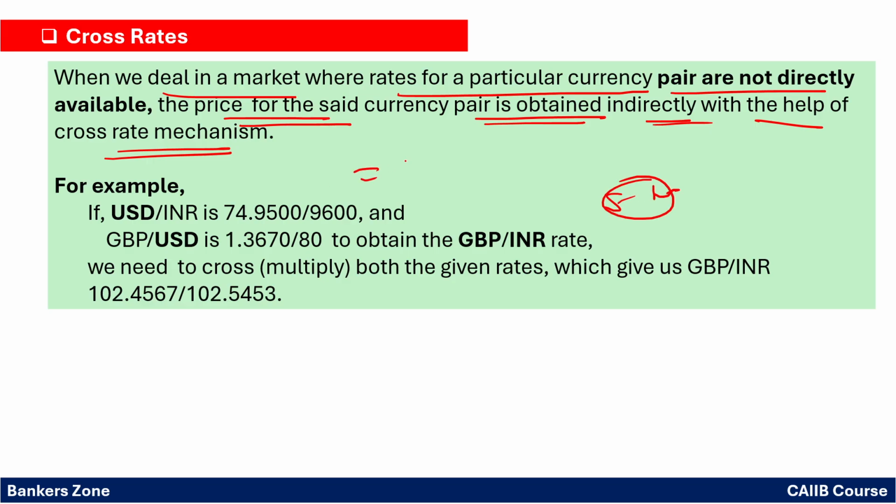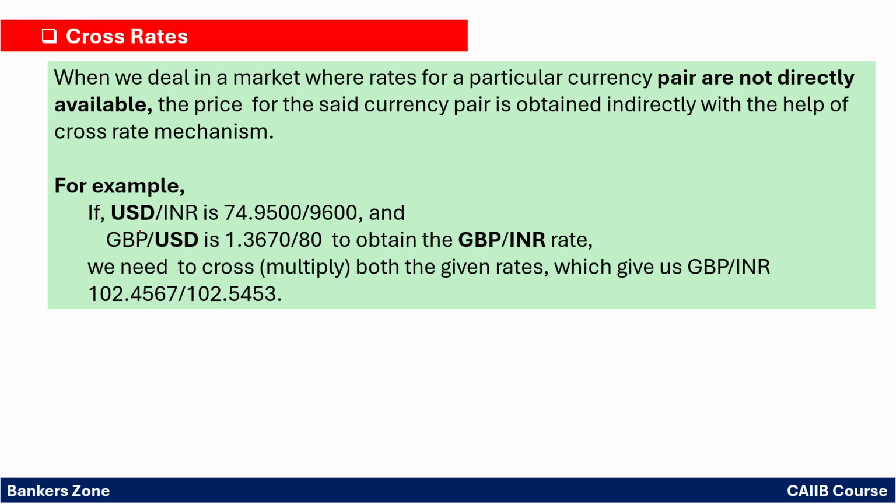For that we will simply call it the chain rule, right? So no need to worry. See here, USD to INR is available and GBP to USD is available. So to get the GBP to INR, we can use the two rates, right? Simply, how? You simply multiply, you cancel this, and you will get the GBP INR, right? So in that way you have to solve the numerical. Here is just a concept for your understanding. When we solve the numerical, at that time you will get the concept of how to solve and how to get that cross rate deal. That we will call the chain rule.